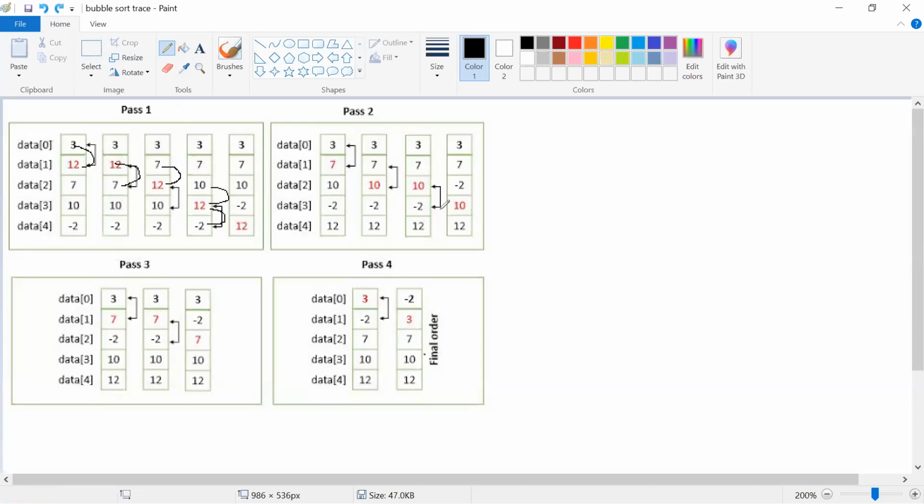This is pass 2. In pass 1, all numbers will be compared. In pass 2, the numbers will be compared except the last one. See, 12 has been settled. We are never going to sort it again. Let us see what exactly happens in pass 2. What do we have to do in pass 2? We have to compare